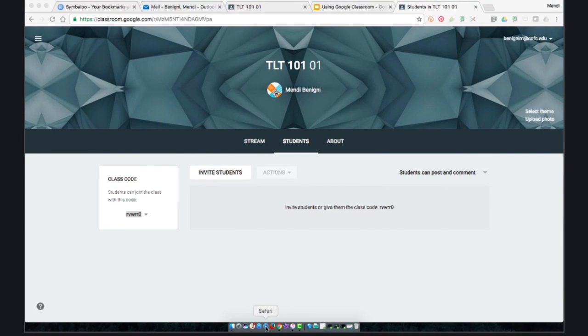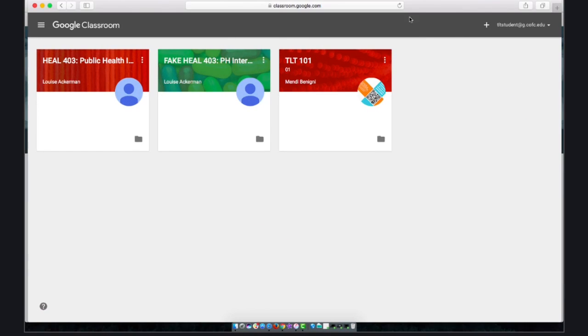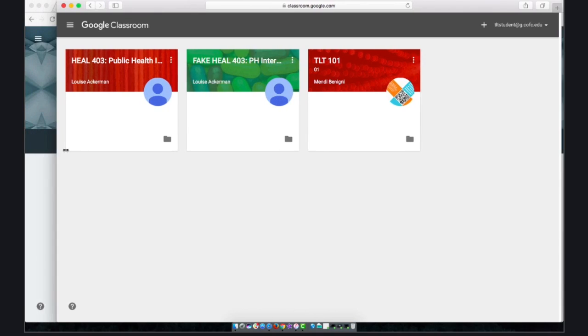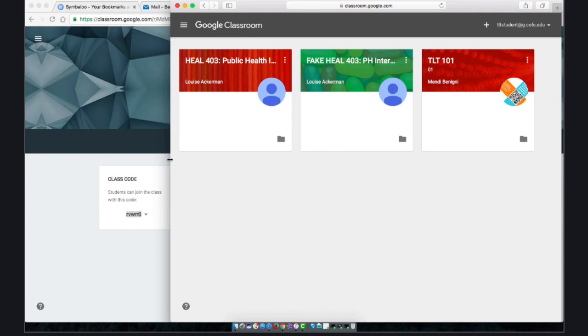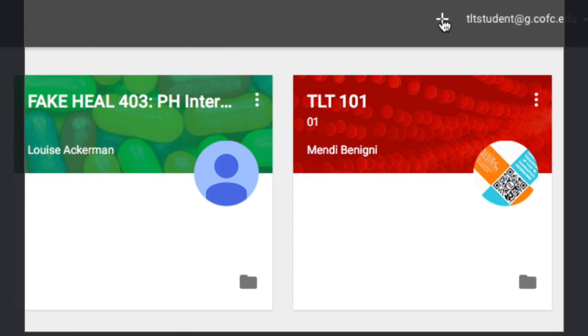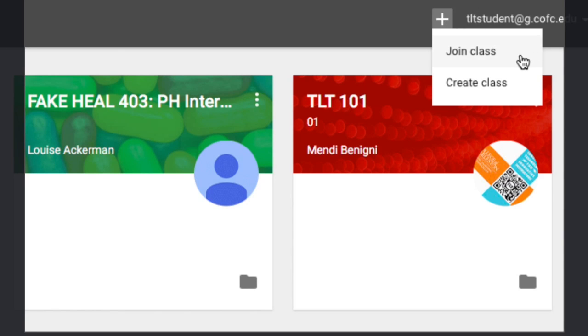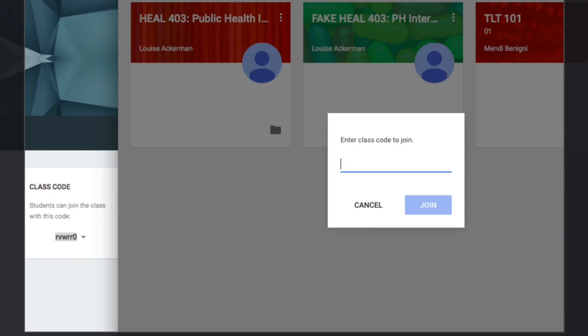I'm going to log in under a different browser as TLT student, and we'll just scooch this over a little so you can see both. So while I'm in as the student, again, just like you did to create a class, the student's going to click the plus sign and they're going to choose Join Class. Now it tells them to enter the class code, which is this code right over here. So I'll enter